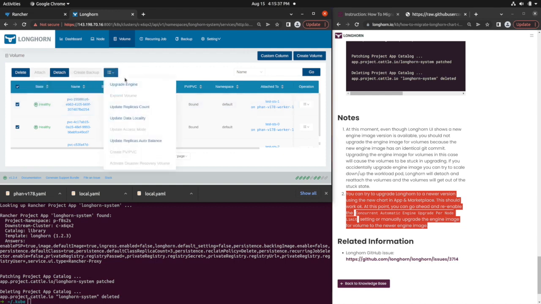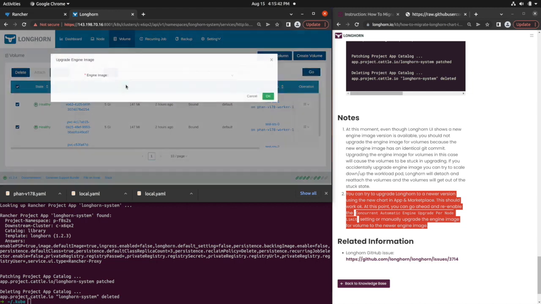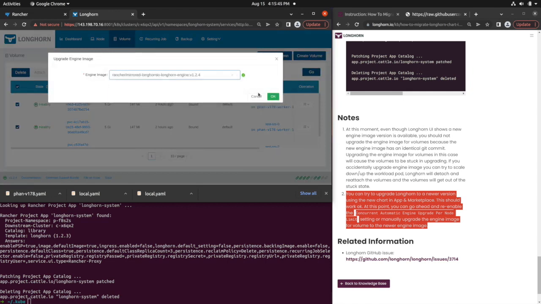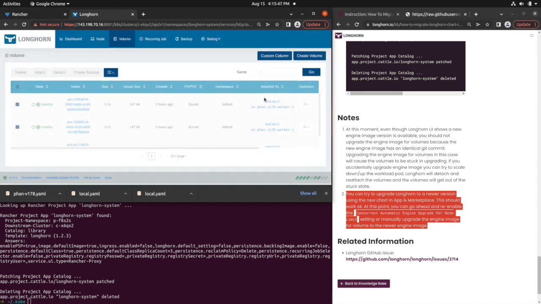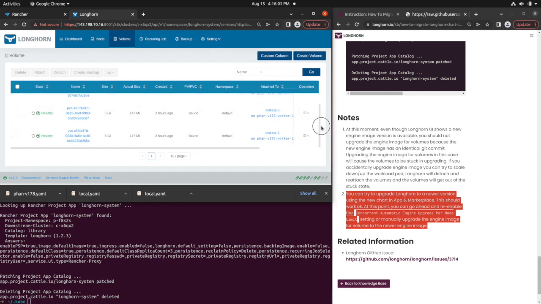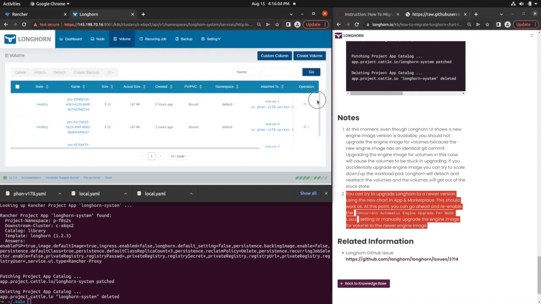So you can definitely click and upgrade the engine image to the newer version. So the engine image is upgraded,